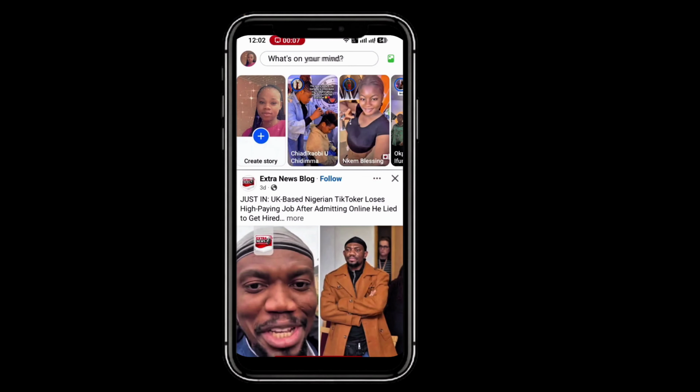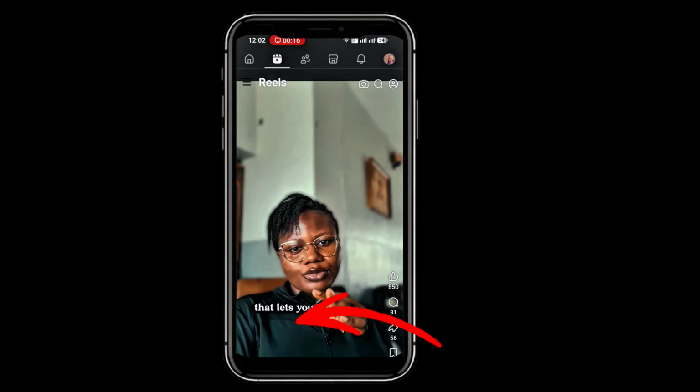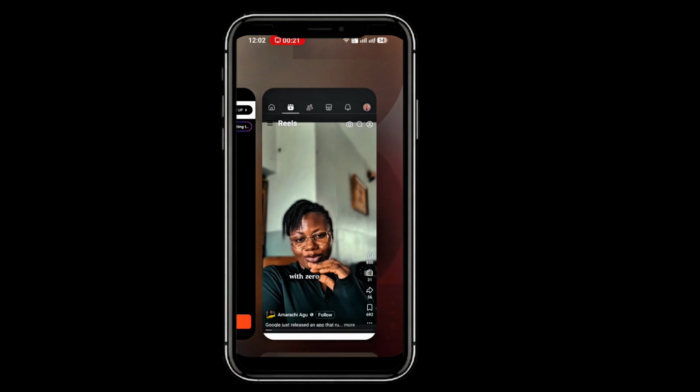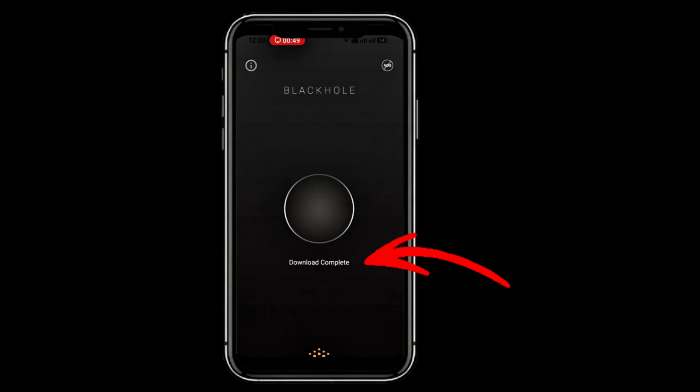First, open your Facebook, TikTok, or any platform where the video you want to copy is. Tap the share button and copy the link of that video. Next, open an app called Black Hole. Tap on the Black Hole button. Then it automatically pastes your link there. Allow it to download, and when you see download completed, go to your gallery and you will see your videos